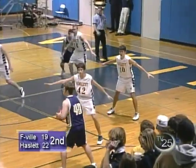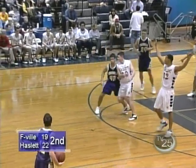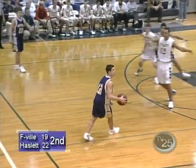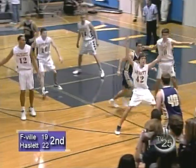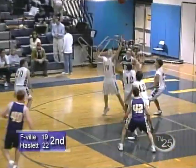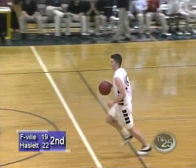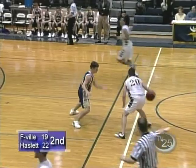It looks like Fowlerville's got the idea here to break the zone down on quick passes. Now they're looking to set something up here. I'd look forward to seeing Douglas penetrate in between two Viking defenders and try to break the zone a little bit and kick it back out. Get an open shot. Tigana Makuna comes up after it, knocks off somebody's shoulder there. Peterson